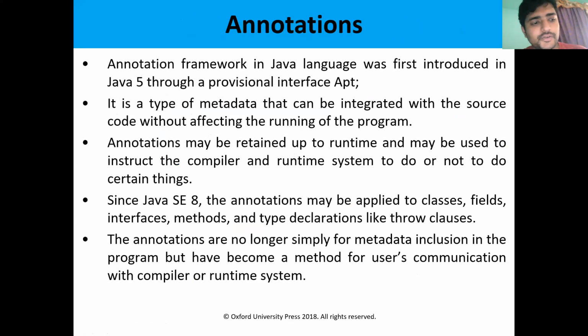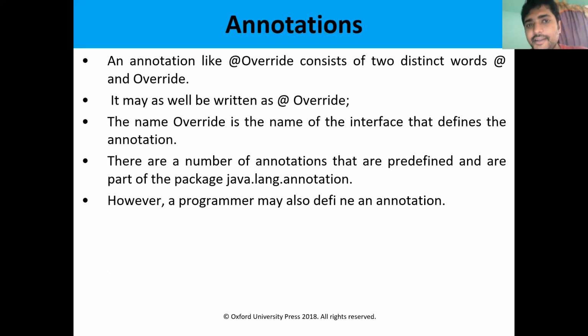So annotations. In the last class, we discussed annotations. Annotations are just like commenting. Comments are for the user, the programmer, and they are not read by the compiler, but annotations are read by the compiler. We are giving the commenting for the compiler's purpose. Those are known as annotations. We have user-defined annotations and predefined annotations. An annotation is identified by the @ symbol, for example @Override. This is a predefined annotation.